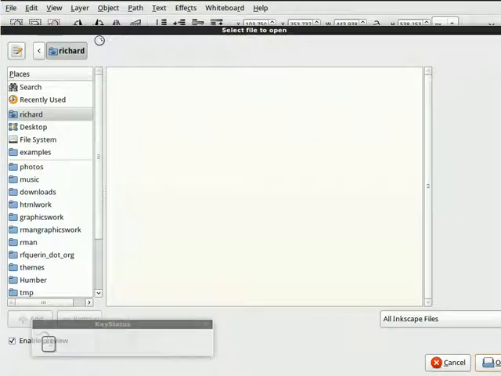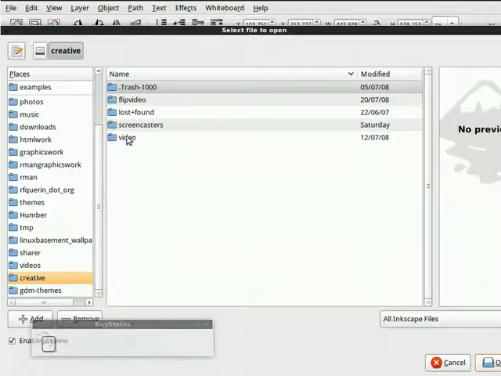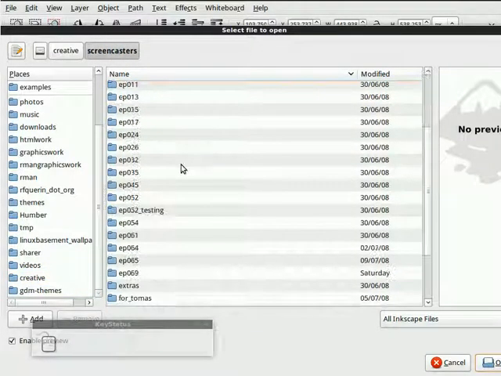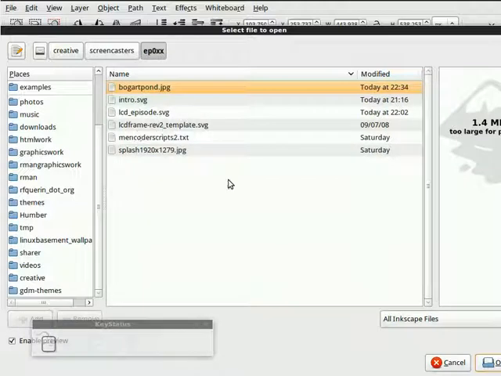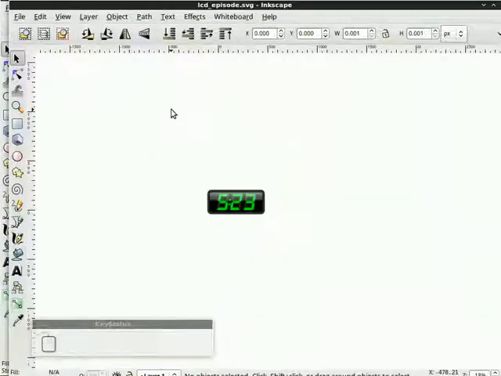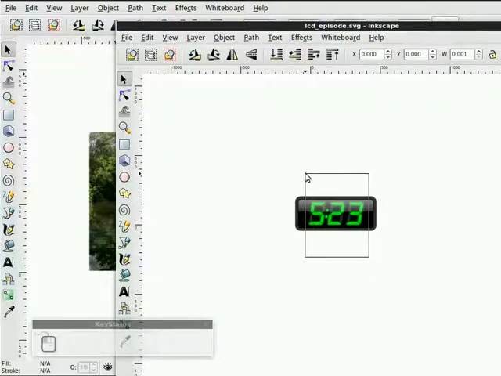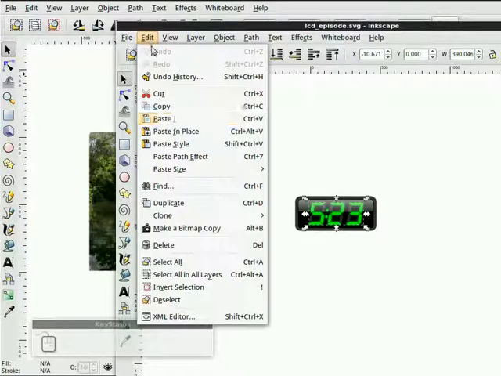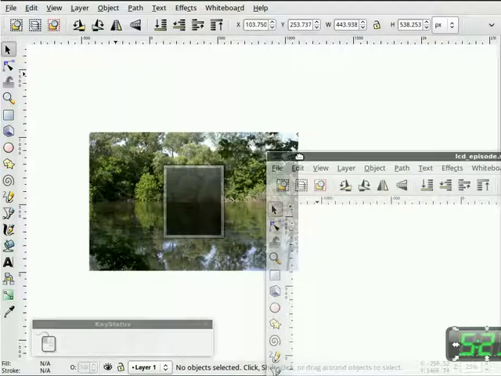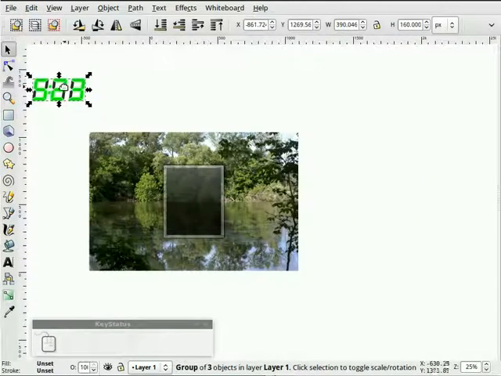So what you have to do is from Inkscape, say File Open, and then, let's see if I can find it here. I think I saved it in this folder. Yeah. So this is the SVG file I created when I was doing the screencast on LCD digits. So you can see that I've got 2 Inkscape windows open now, and what I can actually do is window the objects I want to take, edit, copy, and then in the first instance say edit, paste. There they are here,